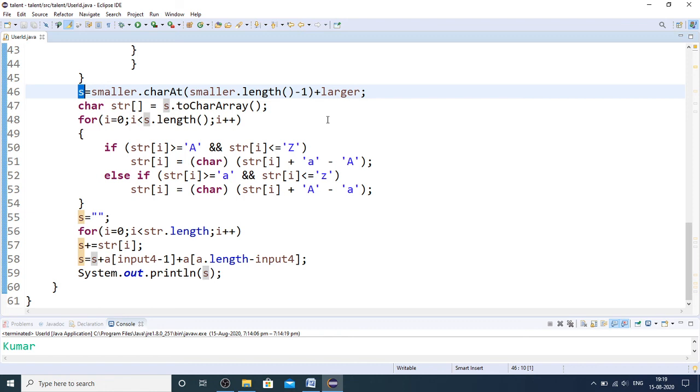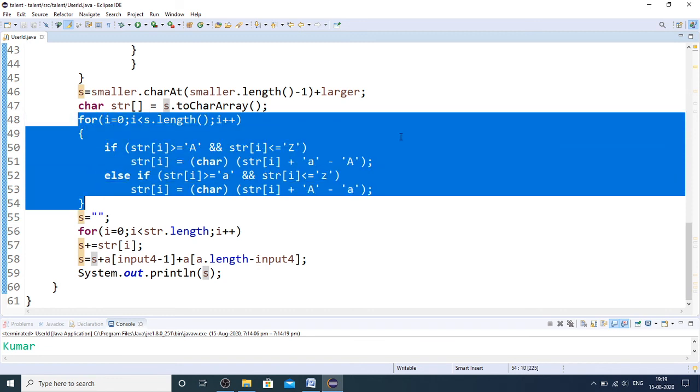When I explored one company's logic building exercise, they did not allow the use of the predefined function. That's the reason I have also included this code for toggling the case. So you can just use this particular block for toggling the case, and if you are able to do it successfully with the inbuilt toggle case, that's well and good. You can just skip these selection lines and then you can just convert it.